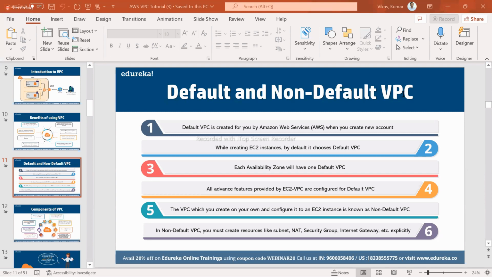If you click on this, all the regions apart from Mumbai, where I have created one, you can see all of them have one security group by default. It is already there. So we can use this default security group. But there is a small problem in this security group. If you open this security group and go inside it,